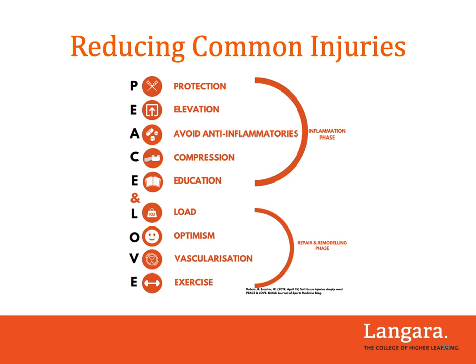And so what PEACE and LOVE is, it has two separate acronyms, first for the inflammation phase and then for the repair and remodeling phase. So the PEACE aspect is the initial first 72 hours of an injury. And this is more directed at tissue injuries like muscle strains and ligament sprains. And what you want to do is first protect the area, not so much immobilize it, but